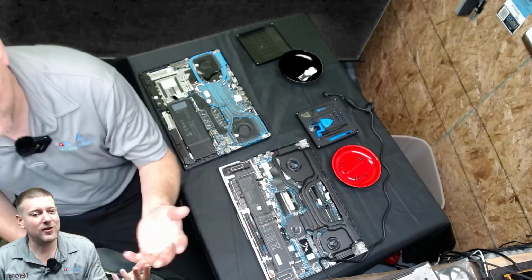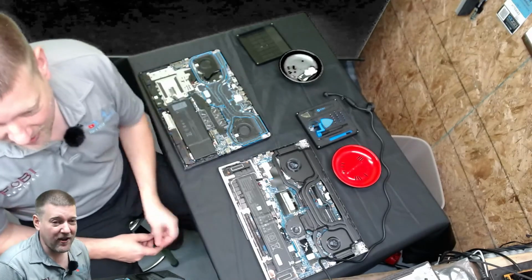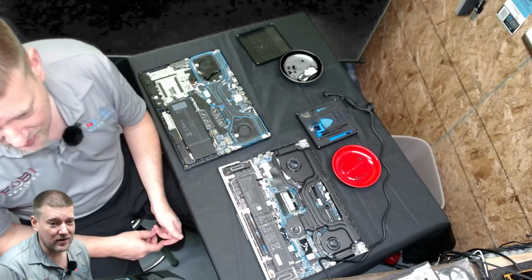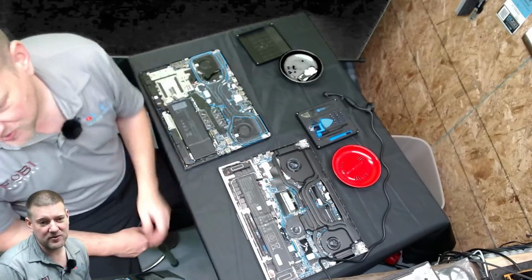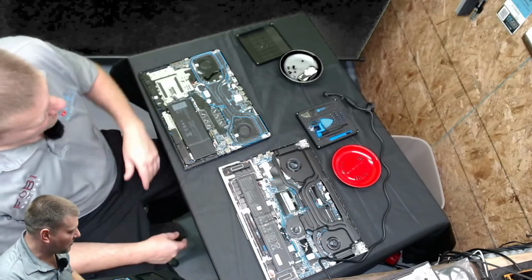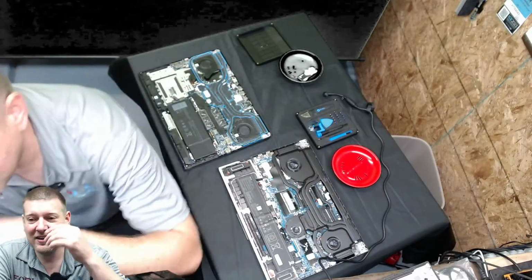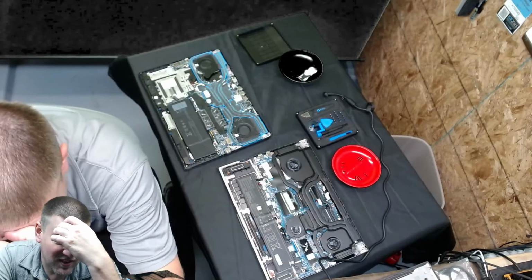I don't just go to my college dorm and set my laptop down. This laptop goes with me everywhere. If I have a sales meeting over in Austin, which is 3 hours away, this laptop's going with me. If I'm going to a hotel, the laptop's going with me. If I'm going to Los Angeles, the laptop's going with me. New York City, laptop's going with me. This laptop goes everywhere with me. So,